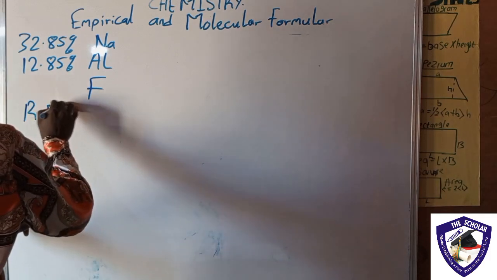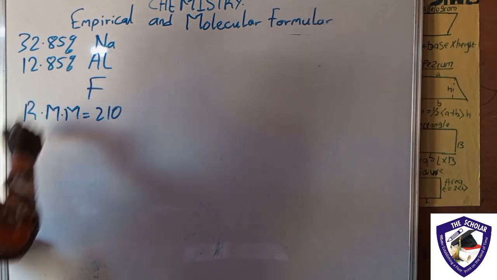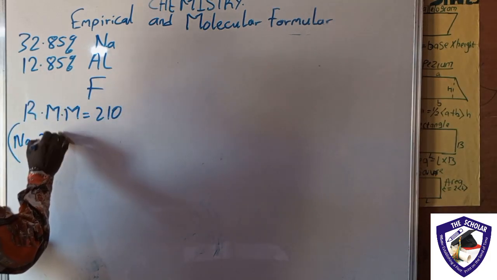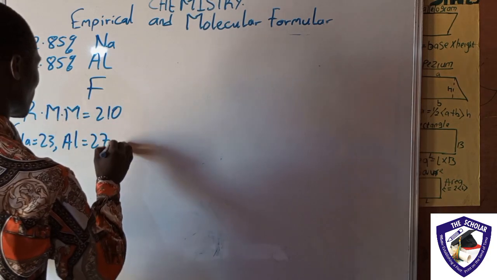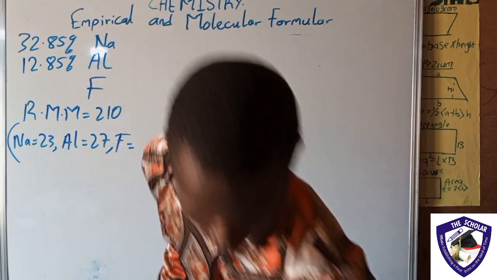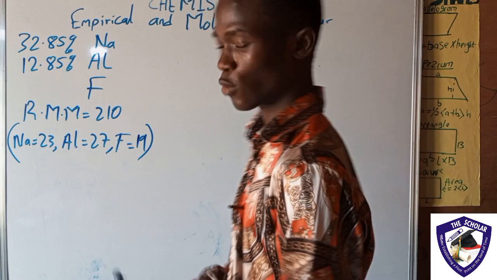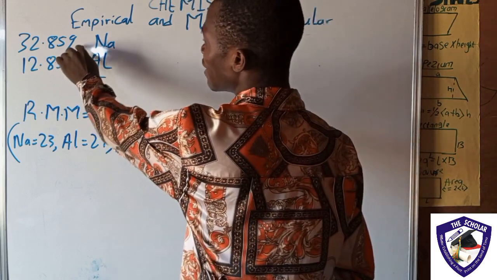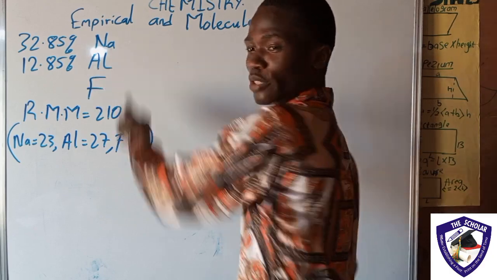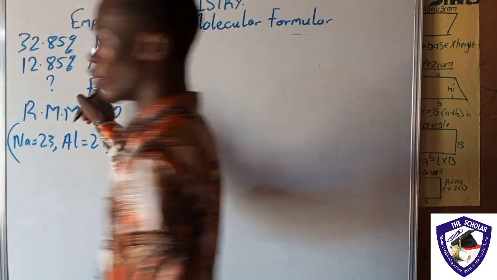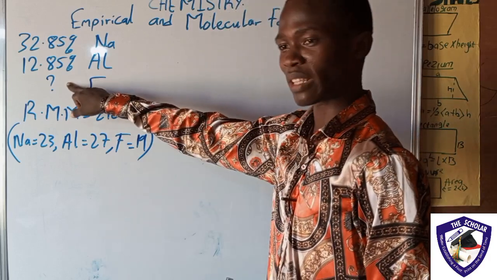Relative molar mass is equal to 210. Open bracket: Na equal to 23, Al equal to 27, and F is equal to 19. Now look at this question. We were given the percentage of sodium. We were given the percentage of aluminium. But we were not given the percentage of fluorine. Ordinarily, they expect us to calculate the percentage of